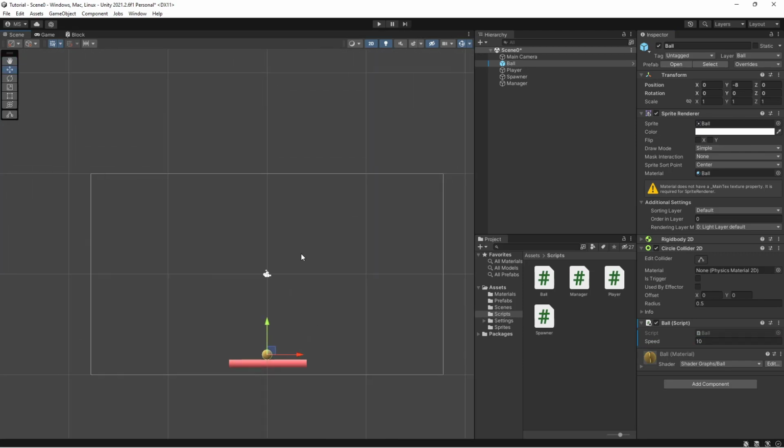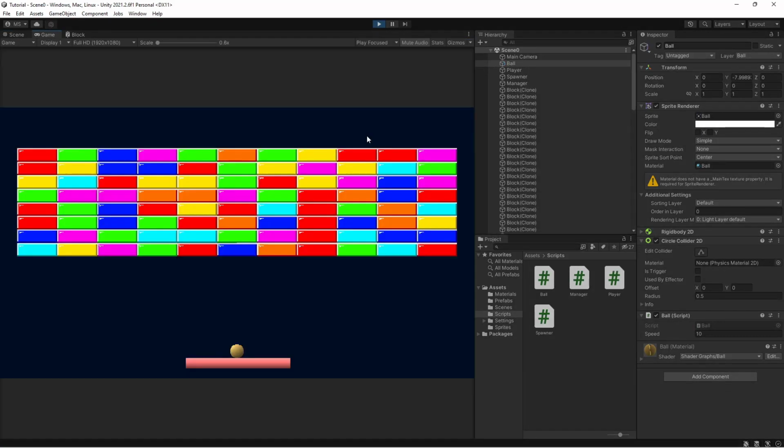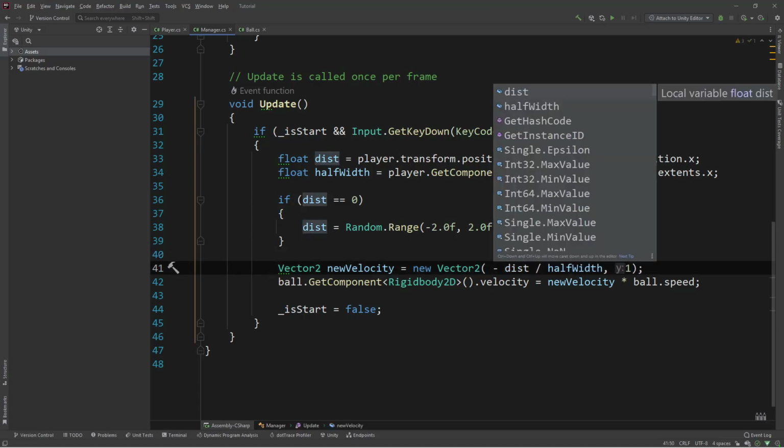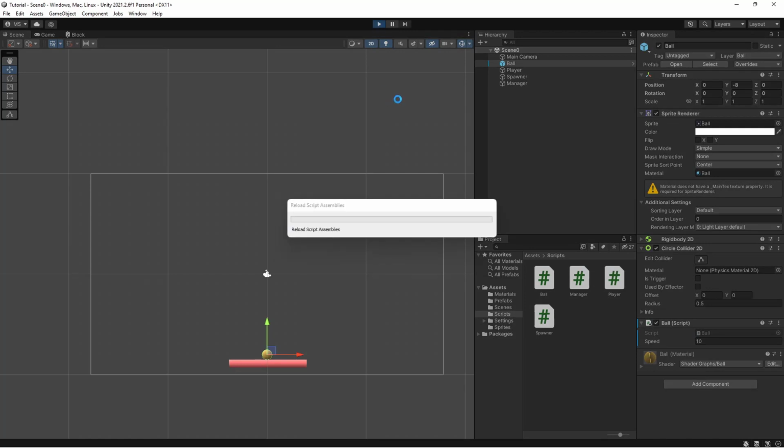Also, if we run the game like that and I press space, the ball will be stuck there and the direction is off, it should be going the other way. We'll fix that now, then we will fix the ball getting stuck there. So go back here and just add a minus to the distance. So where? Here. Add minus here. And that's it. If we go back, wait for it to compile, run the game,